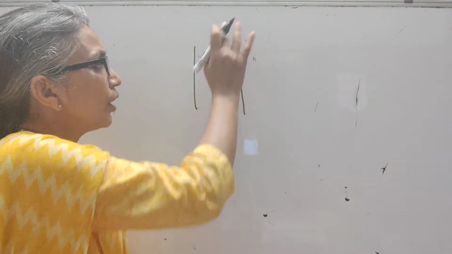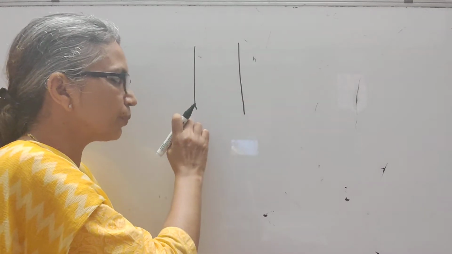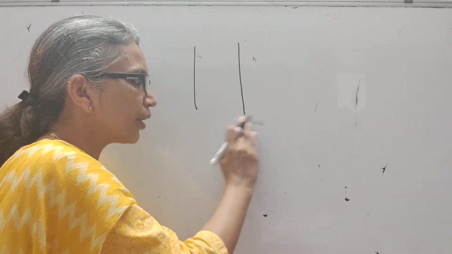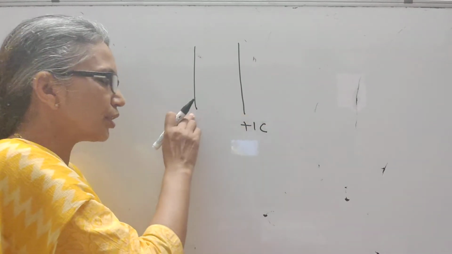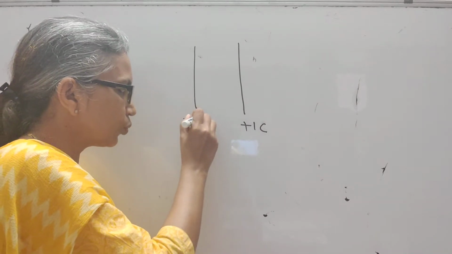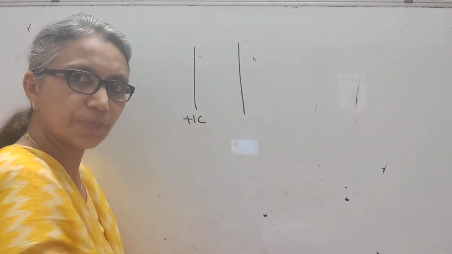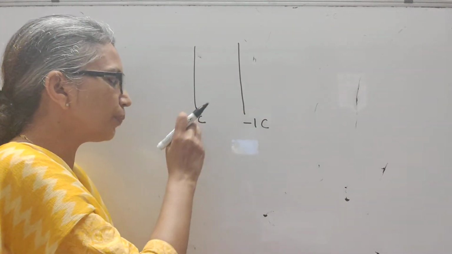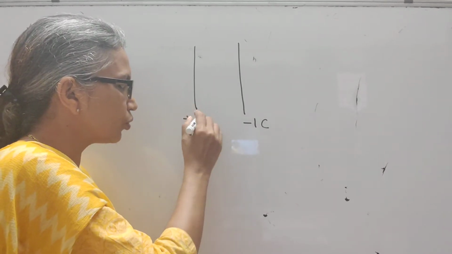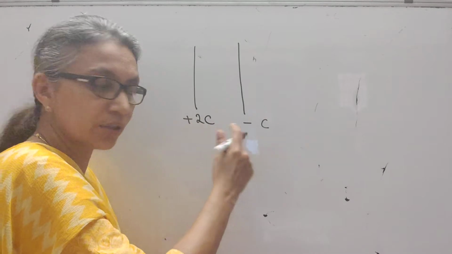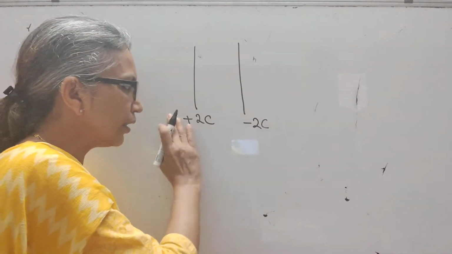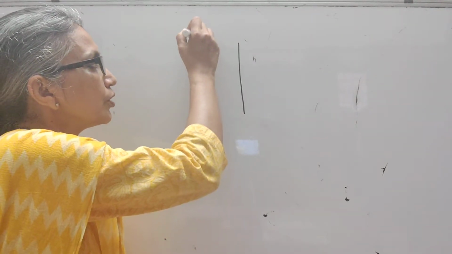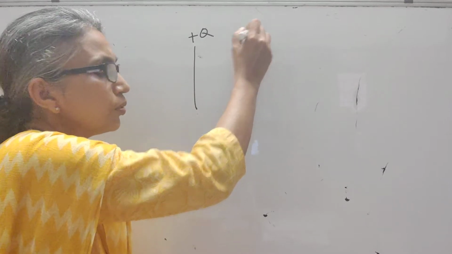Now initially suppose you have got zero charge. Now to charge this as positive and this as negative, from here, initially this has zero charge. From here I am removing a plus 1 coulomb, transferring it here. So this will get plus 1, but here from 0 you remove the plus 1 coulomb, so this will become minus 1 coulomb. Again if I take a plus 1 to this side, this will become plus 2 coulomb, and this is going to have lost 1 coulomb, so minus 2 coulomb. So like that, you are going on transferring charges, positive charges, till you get this charge to plus q and this to charge to minus q.